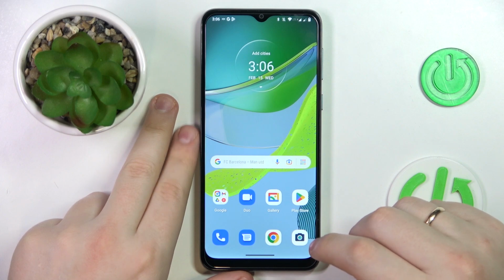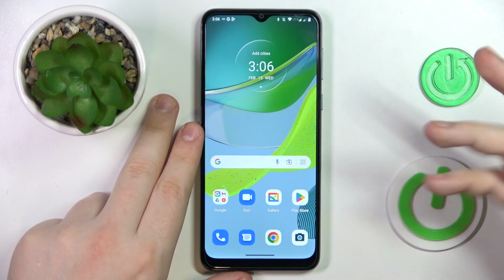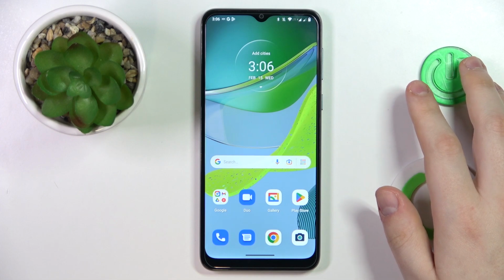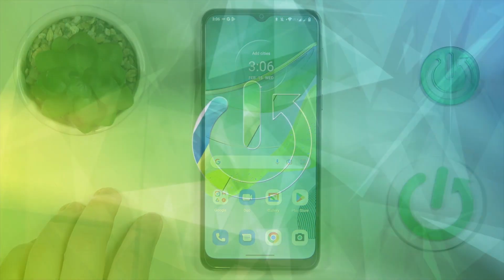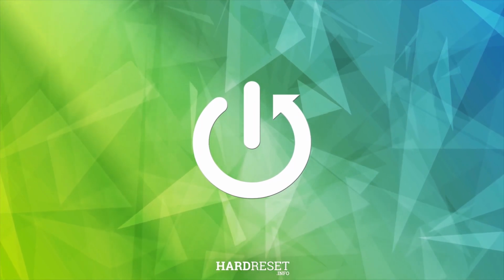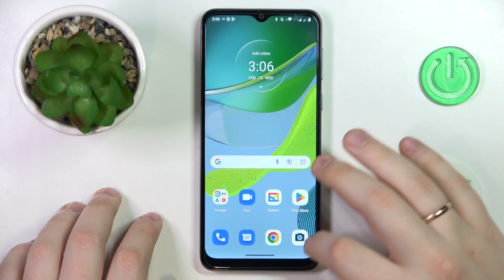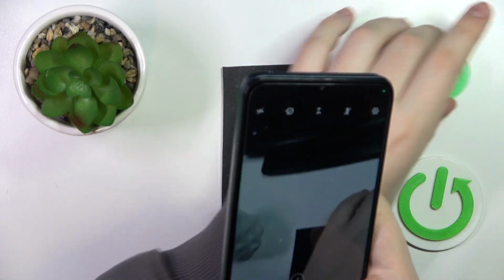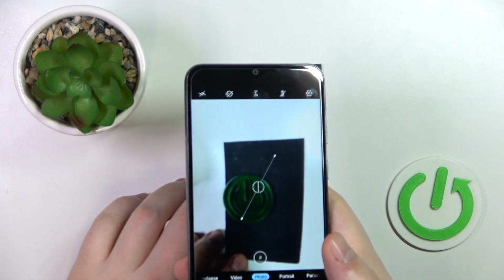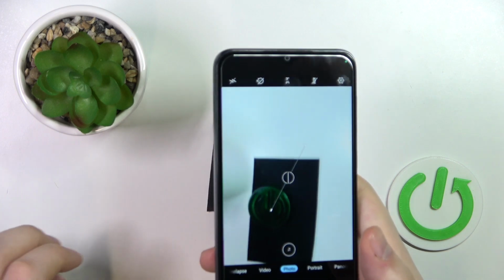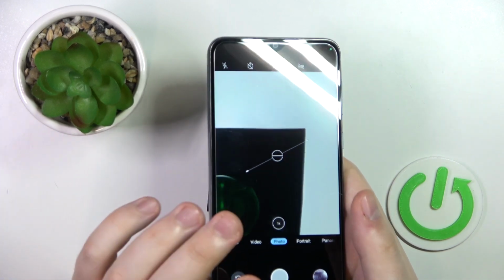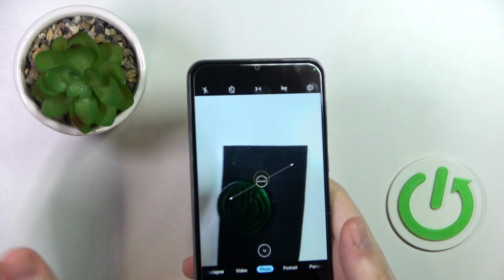Today in front of me I have Motorola Moto E13, and in this video I'm going to demonstrate that you can manually adjust the camera brightness on this device. So first of all, let me quickly launch the default phone camera app. And in here, in order to adjust the camera brightness or basically exposure value manually,